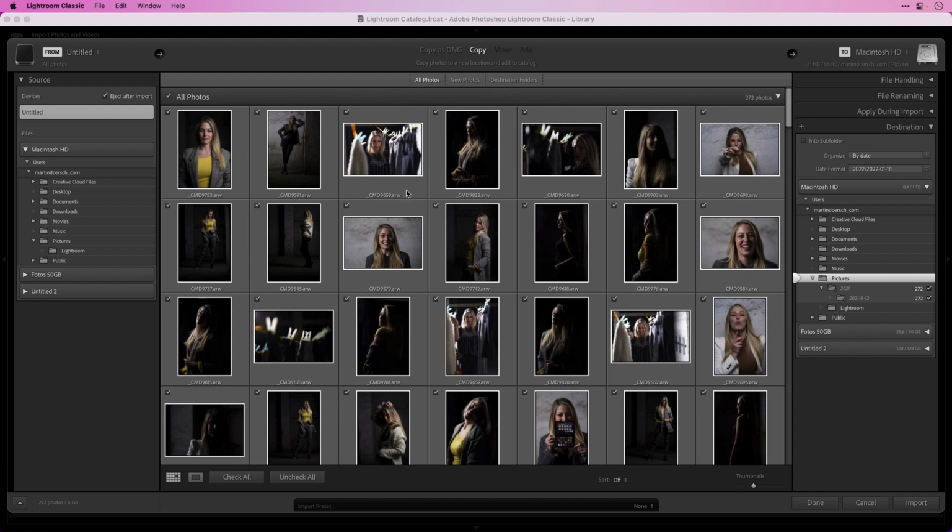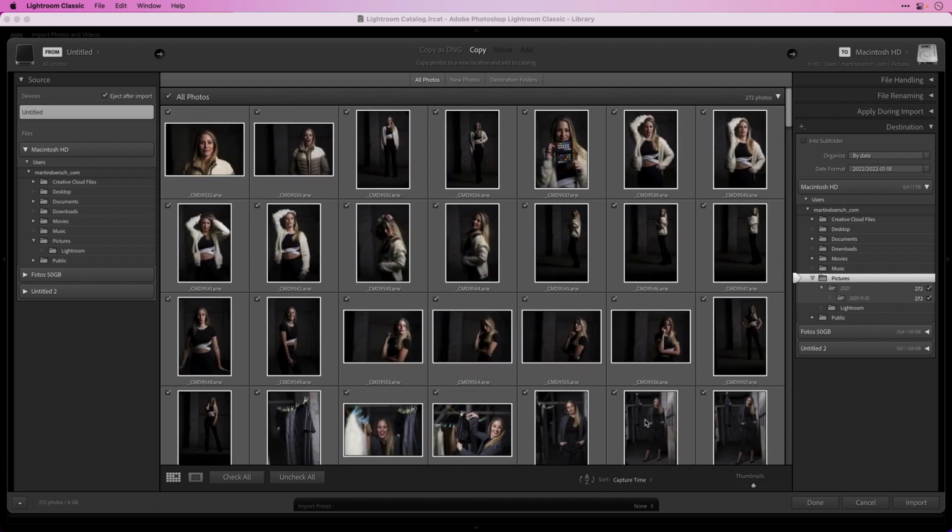So that you see it a little bit better, you can go to the bottom of the dialog and here you can sort your images. Now you have the sorting off, that's the standard behavior, but I will definitely recommend that you go to Capture Time, so you have the time really as you captured your images and all your sorting is right. So that's everything you have to do in the middle. On the right side you have all your options.